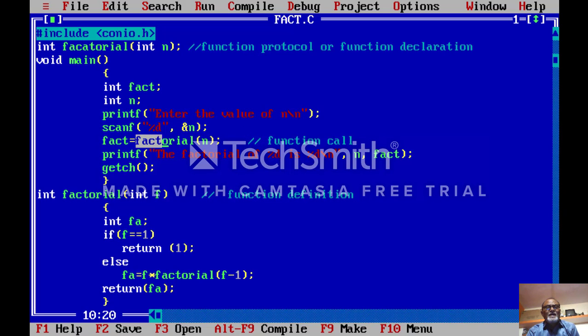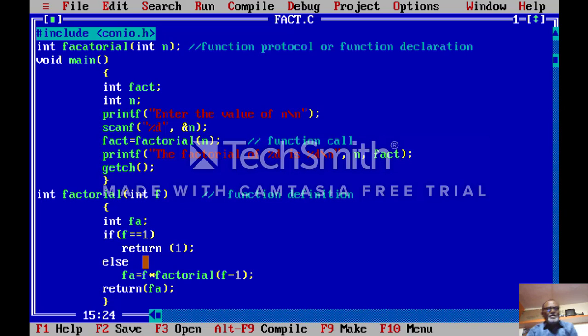Now after this, fact equal to factorial of n. That means factorial is the sub function which is defined here. When this statement is executed, the program control is transferred to here, and the value of n is now copied into f. Again in this function definition, we have declared this variable fa. The type of that variable is integer.